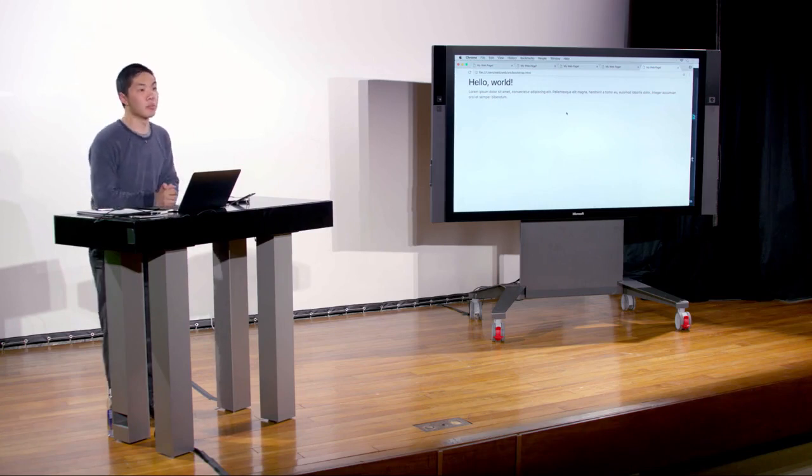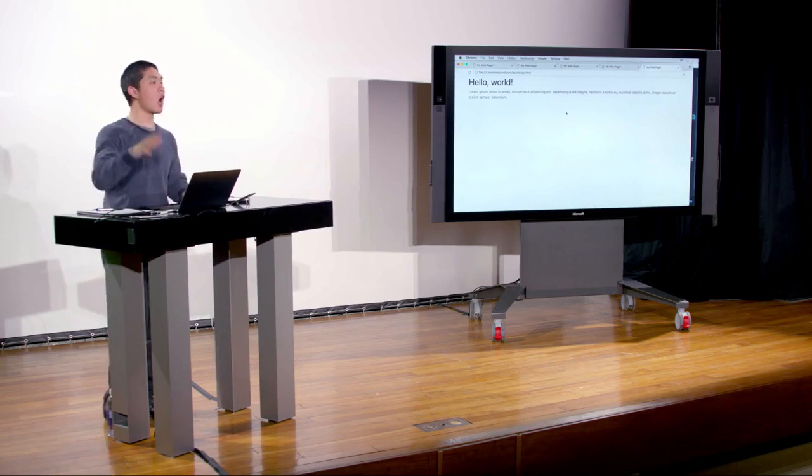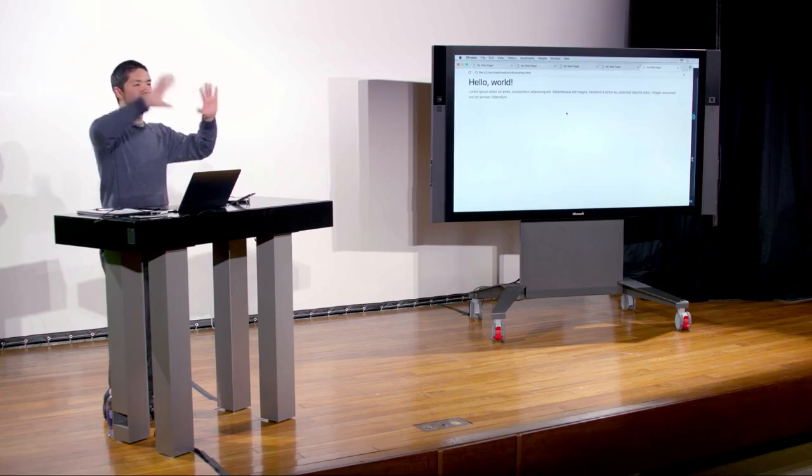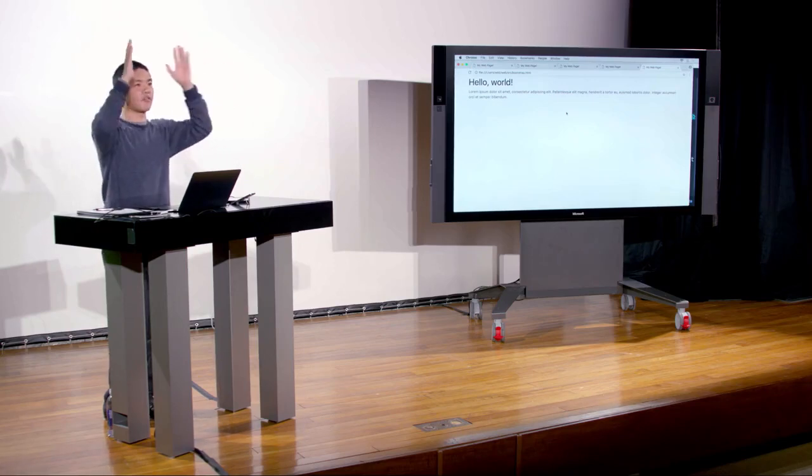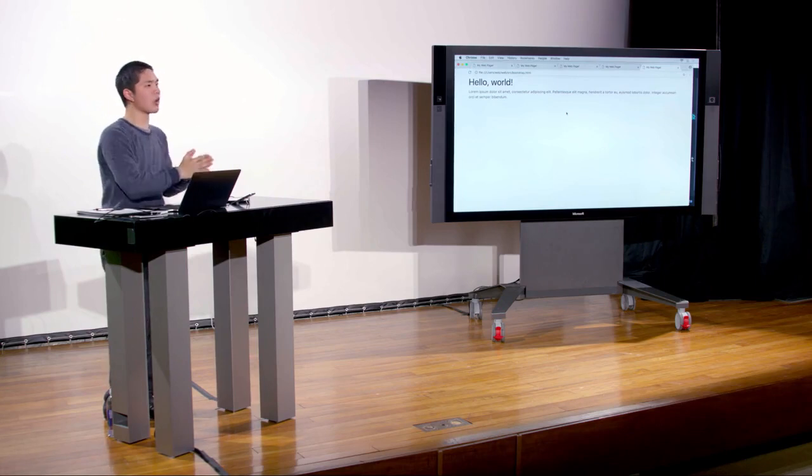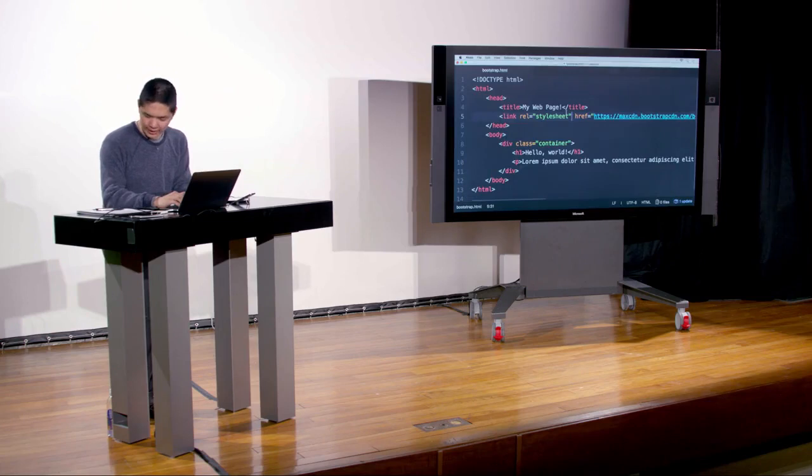lays things out. Bootstrap's layout system uses a column-based model, where each row in the website, you might think, is divided into 12 individual columns. You can control how many columns different things take up, recognizing that 12 columns is the full width of your entire website. So let's take a look at